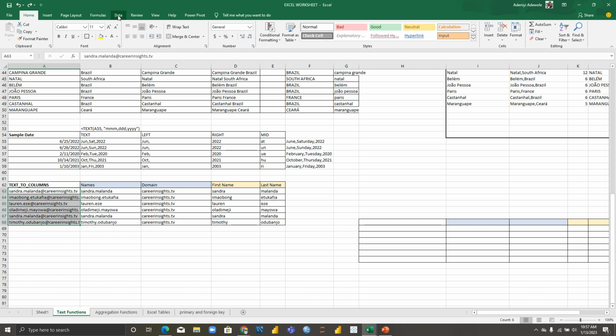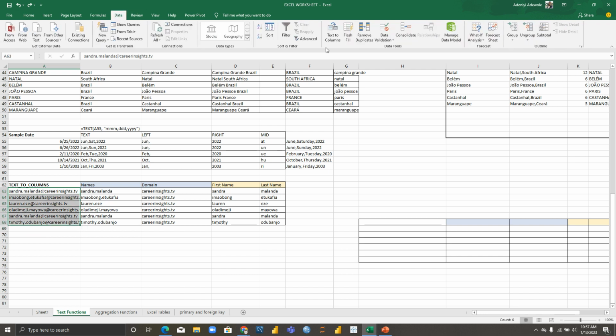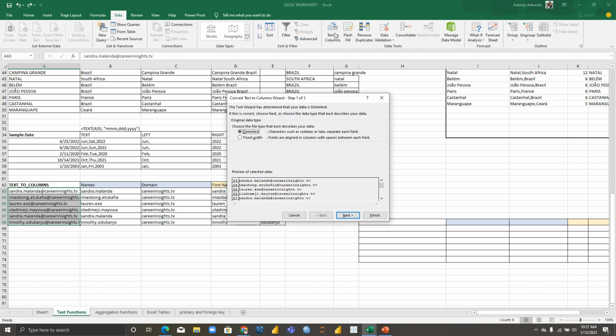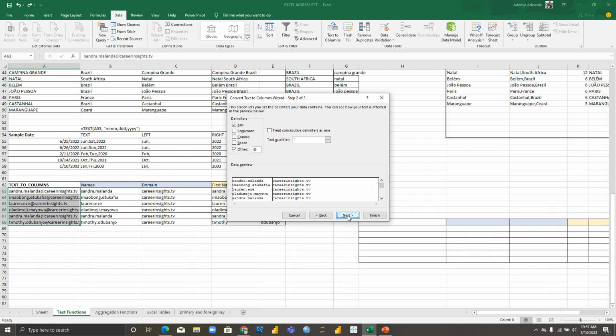I've highlighted. I click on data, then I click on text to column. I'm adding a delimiter. I'm not doing fixed width now. We are working with delimited. So for delimited, you click on next. After clicking on next,